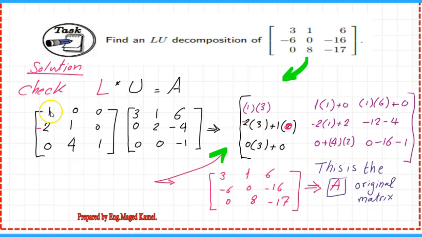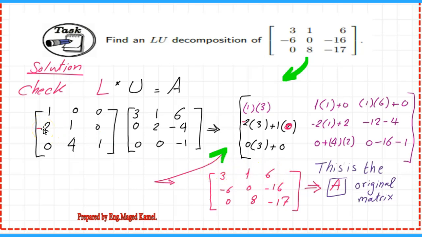So we have this diagonal 1, 1, 1 based on Doolittle's method. And we have -2, 0, 4, 1, and here 3, 1, 6, 0, 0, 2 minus 4, 0, 4. Okay. If you are using elementary matrices or the identity matrix, this element is the same as the first row in the identity matrix. There will be no change if you multiply this by this. These elements will be kept unchanged.